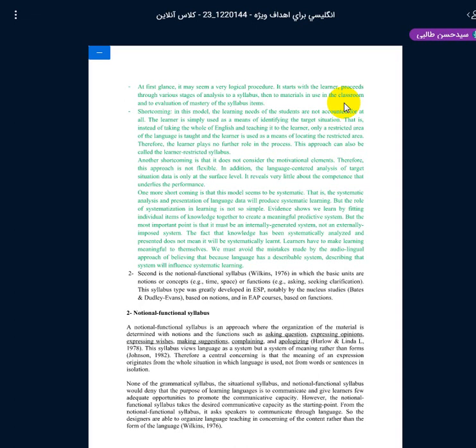But the way that they grade the language doesn't mean that in the learner's mind, learning is like this. Actually, the internal processes might be different from the way that linguists think language can be graded. Therefore, something that is easier for one student might be more difficult for another student, or the reverse. Therefore, we cannot conceive any gradation in language learning because it differs from one student to another,